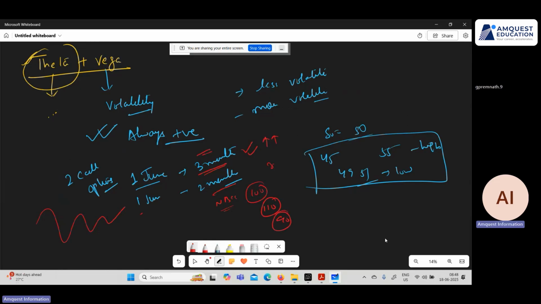But in 30 days, it can actually move up to 200 or maybe 40. So for more number of days to expiry, the Vega is more. For less, it is less. One more thing, when it comes to calculation,